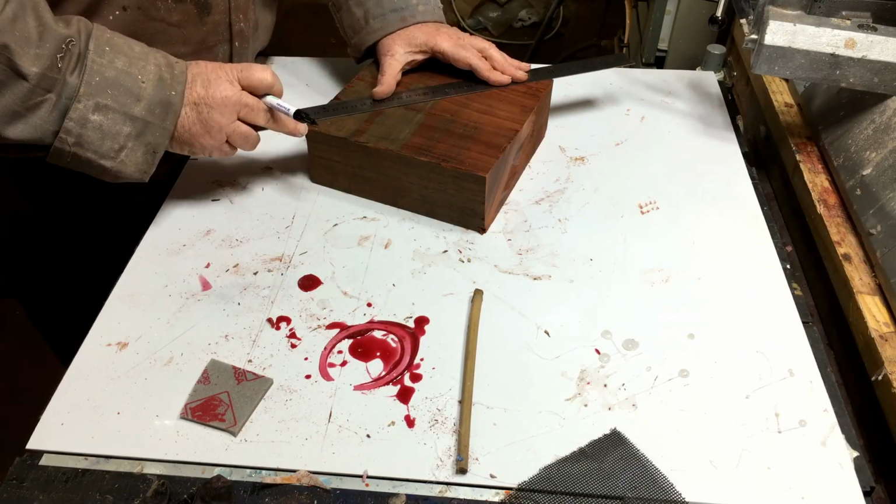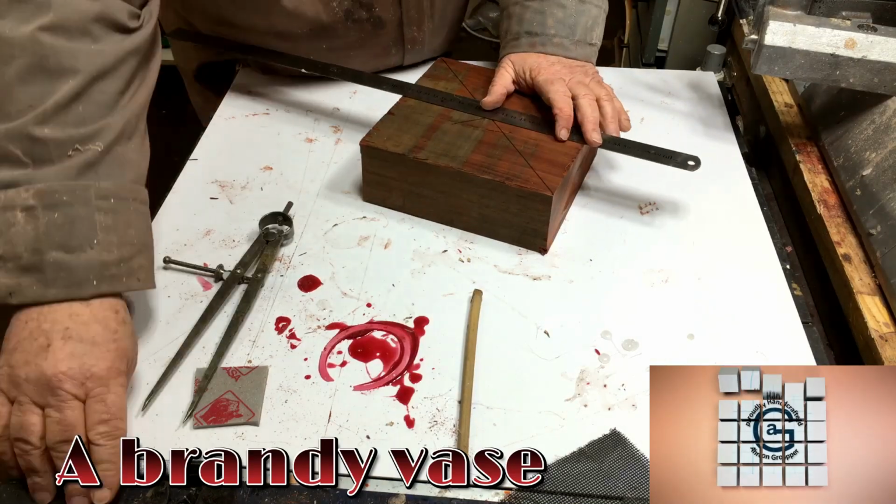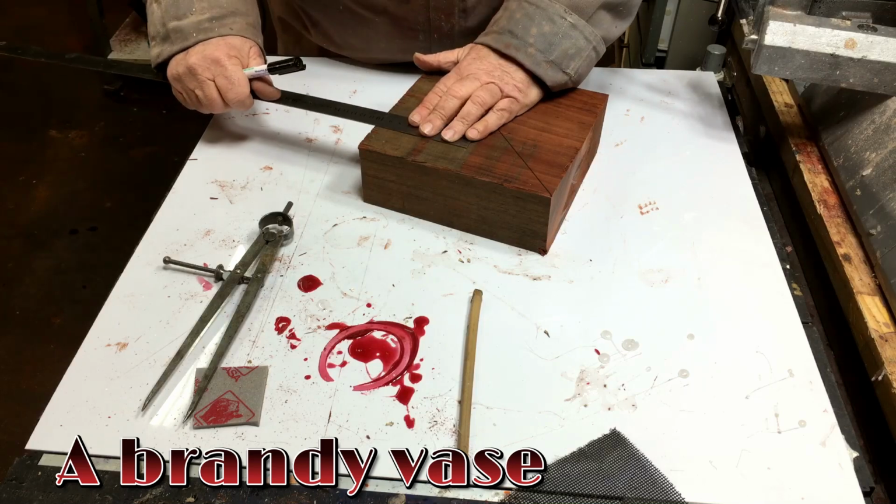Let's have a fun project. I'm using two of my favorite materials: padauk and resin. And I'm starting with